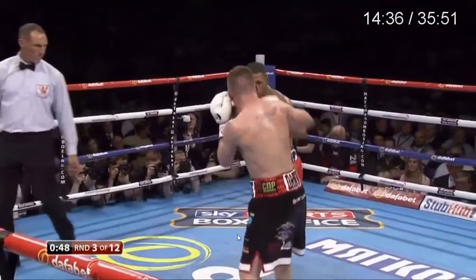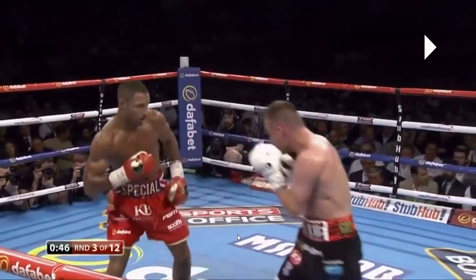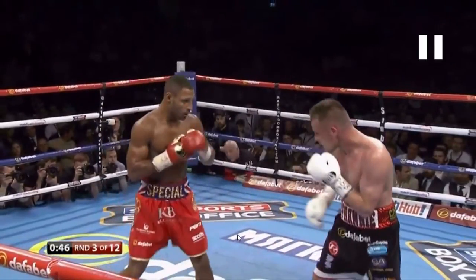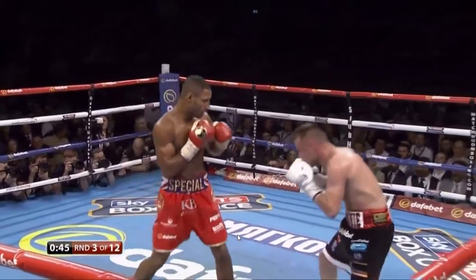And again, right there, really smart, right? Throws the right hand and then rolls what would be a left hook. Really smart. It's good to have like an active kind of defense like that. And make sure that you're not just getting hit with punches for no reason. But look at